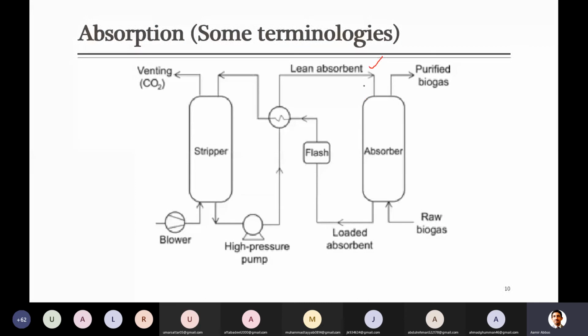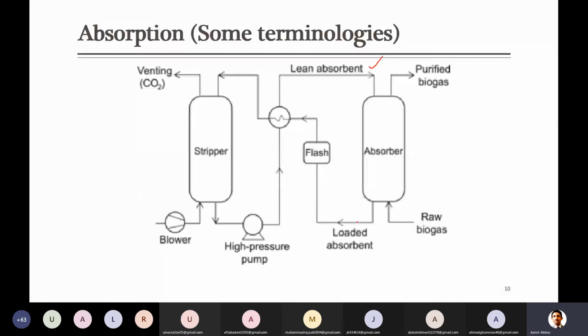So when we bring it in contact with that liquid that has affinity towards CO2, it will absorb CO2, and that is mainly MEA, which is very commonly used to remove CO2. So let's consider this MEA that will absorb CO2 from this, and at the end it leaves from the bottom, while the gas which is purified, meaning those impurities which were supposed to be removed have been removed in this column. So that liquid